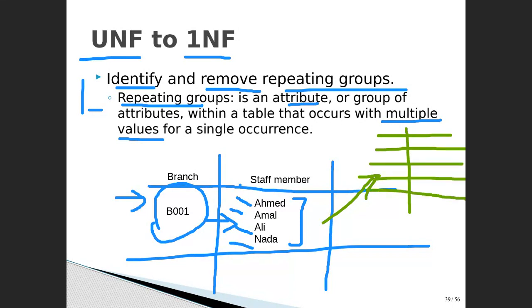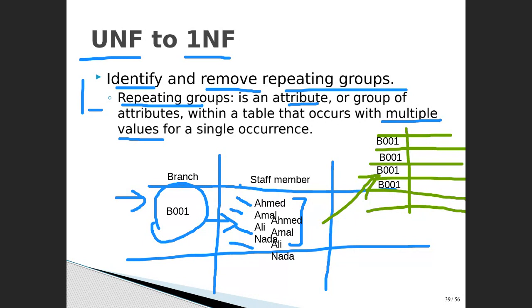Each cell will include only one value. In every cell, I'm going to put B001 because all of them belong to it, like that for each name. This is the meaning of flattening the table. We are filling the blanks, having only one single value for each